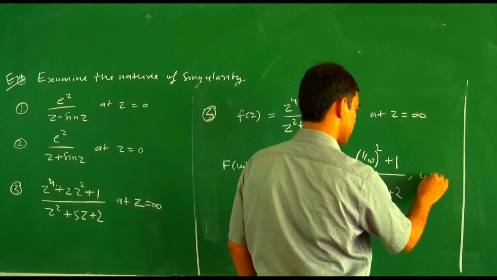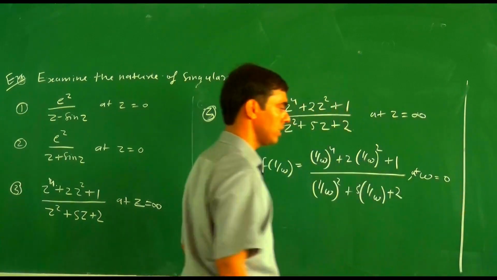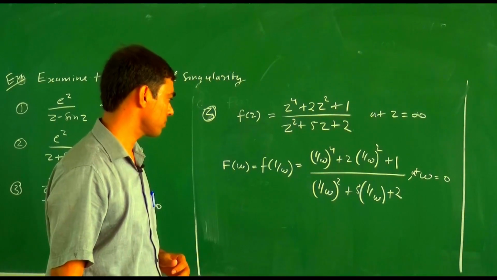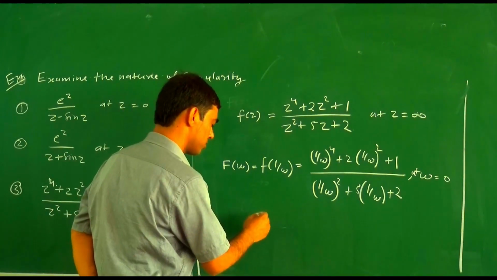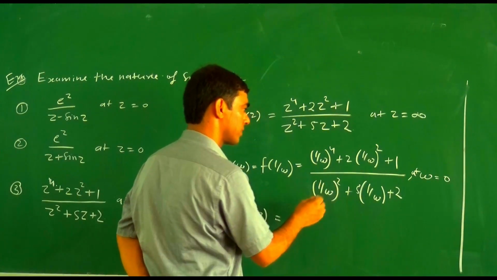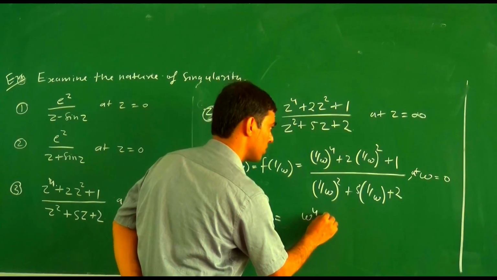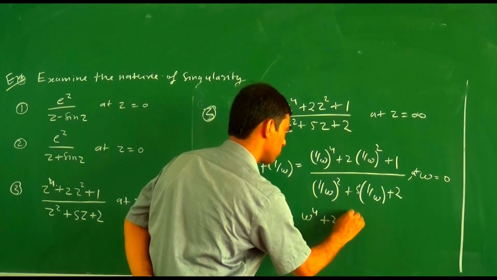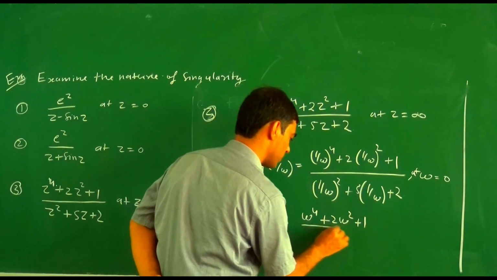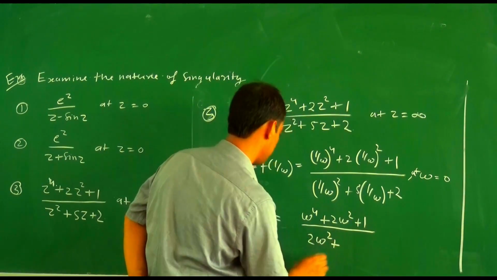Then here we examine the behavior at w equal 0. Both have the same meaning. Earlier we discussed this one. So now if we simplify this, f(w) becomes what? f(w) becomes w to the power 4 plus twice w square plus 1, divided by w to the power 4, and here this becomes twice w square